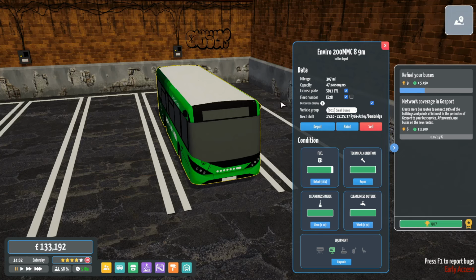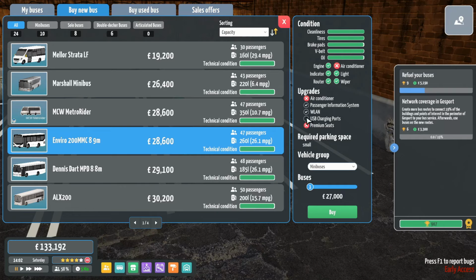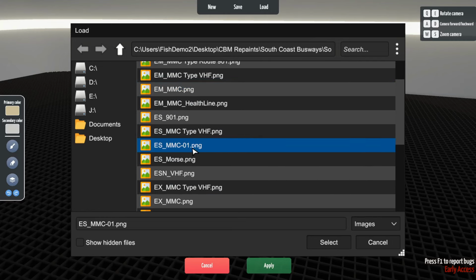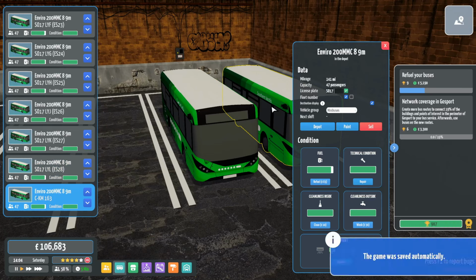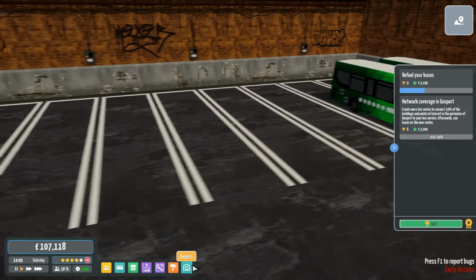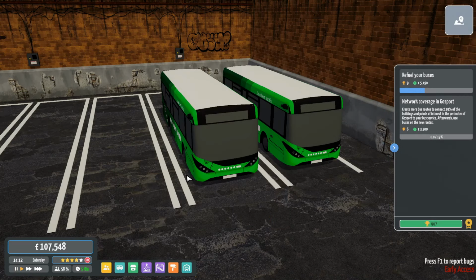and maybe we'll do one extra MMC that'll fill this garage out, which I wasn't expecting to do. But there we are. No, we want an ES. SO17LYM, better known as ES29. Let's also arrange this one into small buses group. And now that we have 4 extra buses when we only needed 1, I'm going to put in